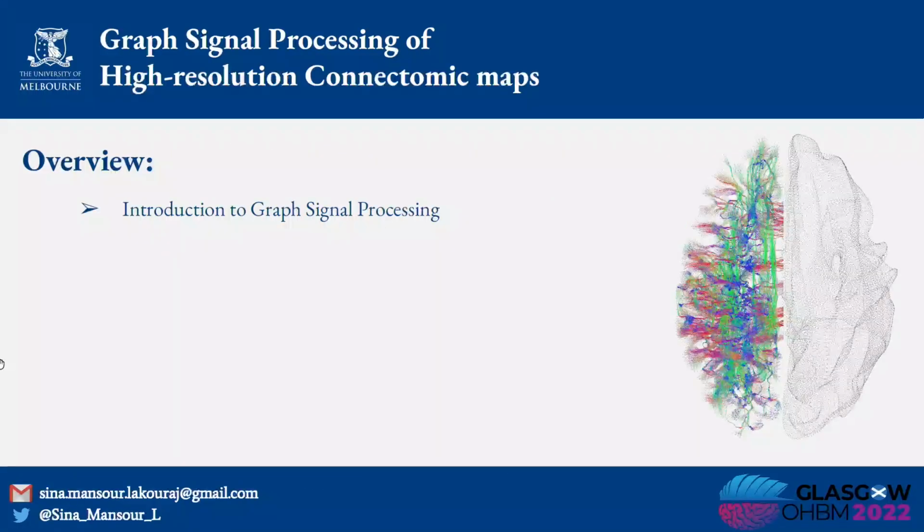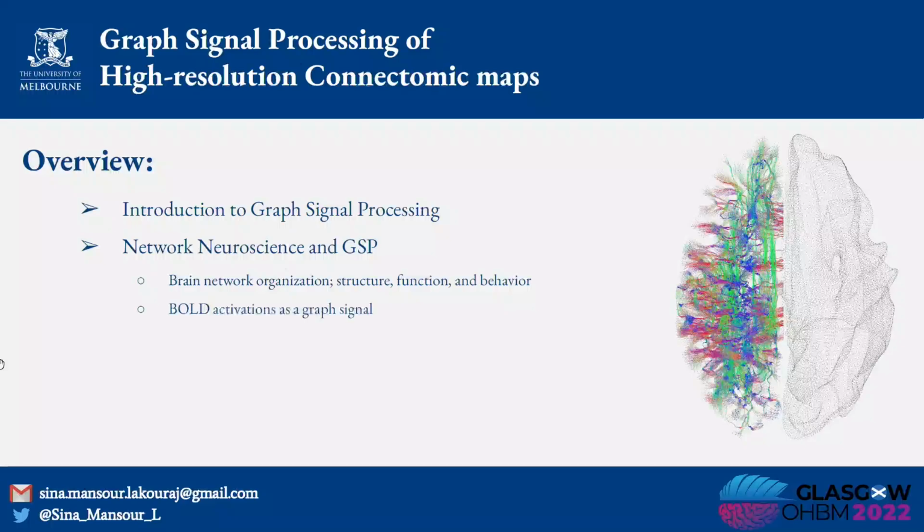So to give you an overview of what I'll be talking about, I'll give you a short introduction to graph signal processing, how we could define a graph Fourier transform, and graph signal filtering, followed by an introduction of how that relates to network neuroscience in general, how we could study brain network organization across structure and function and behavior, and how we could use the BOLD activation as a graph signal,